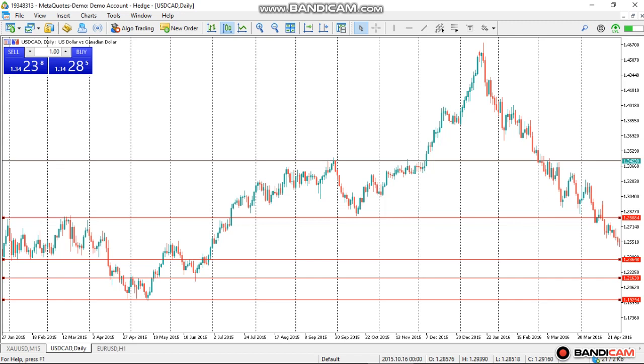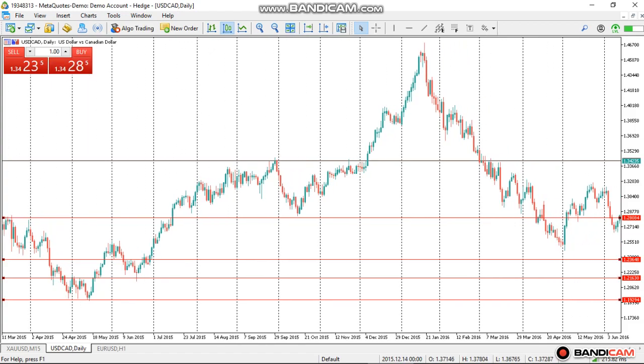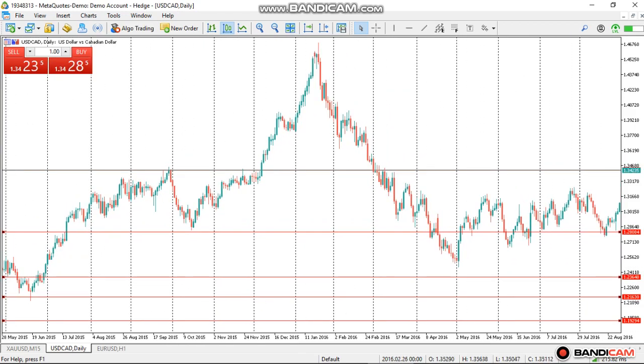Now previous support is current resistance. Current resistance is previous support. Previous resistance is current support. Okay, previous resistance is current support. So in this place, this line over here is now a support for what? For the United States Canadian dollar. Okay, so as we look into the future